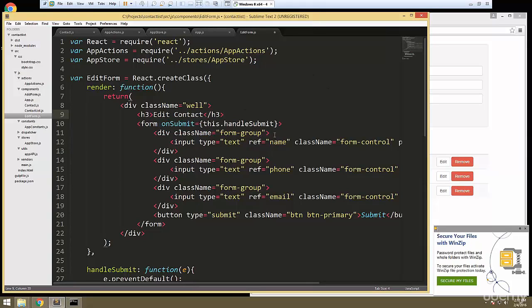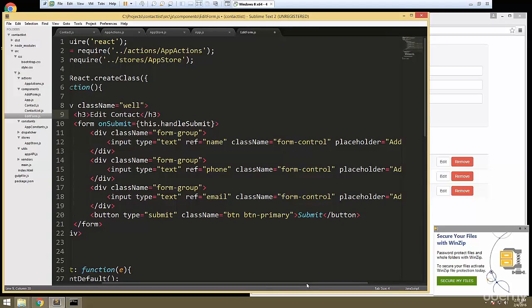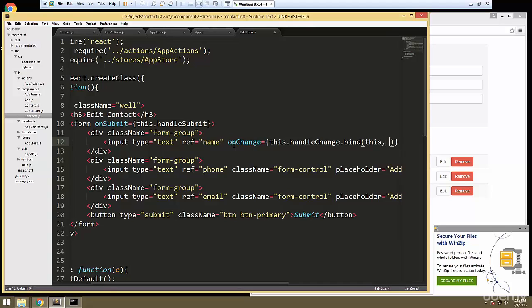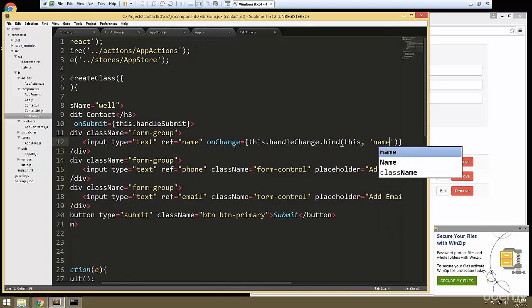Alright, and then in order to fill these with a value, we have to add a couple things. Okay, we have to add an onChange event here. And we're going to set that to this.handleChange.bind, and then we're going to pass in this, and then whatever the field name is, in this case it's name. Alright, and then we want to set a value